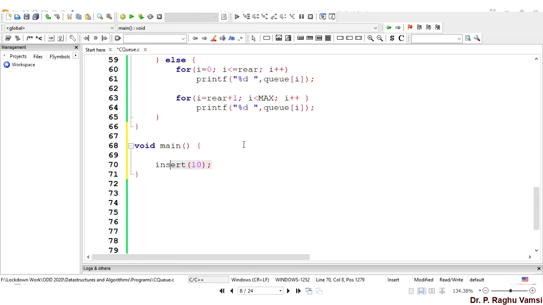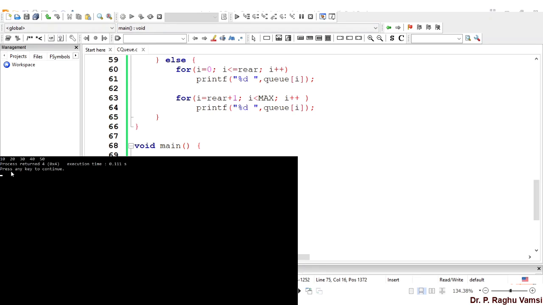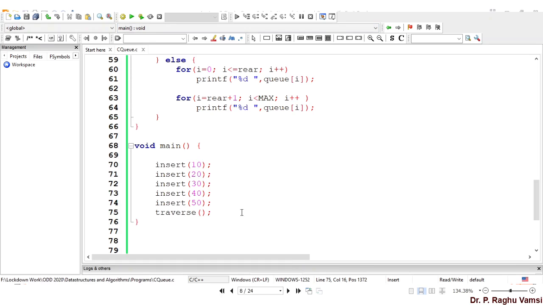That will insert 5 elements and we'll test it: 10, 20, 30, 40, 50, then traverse. Let's see whether it works. Yeah, 10, 20, 30, 40, 50. So these are the values.